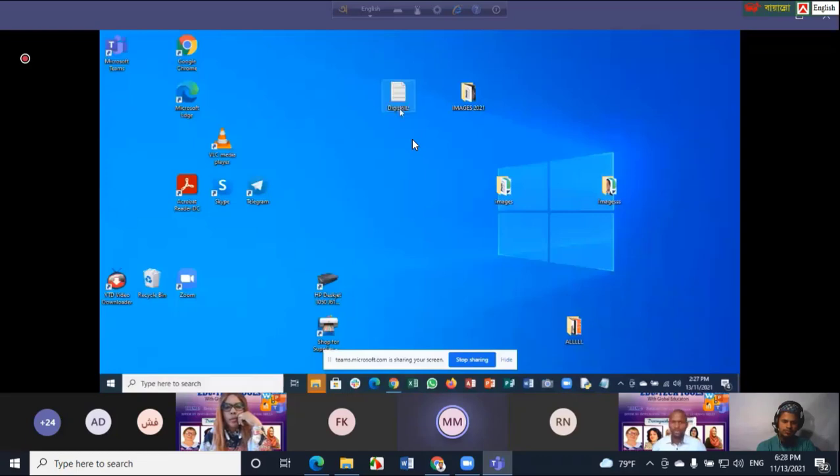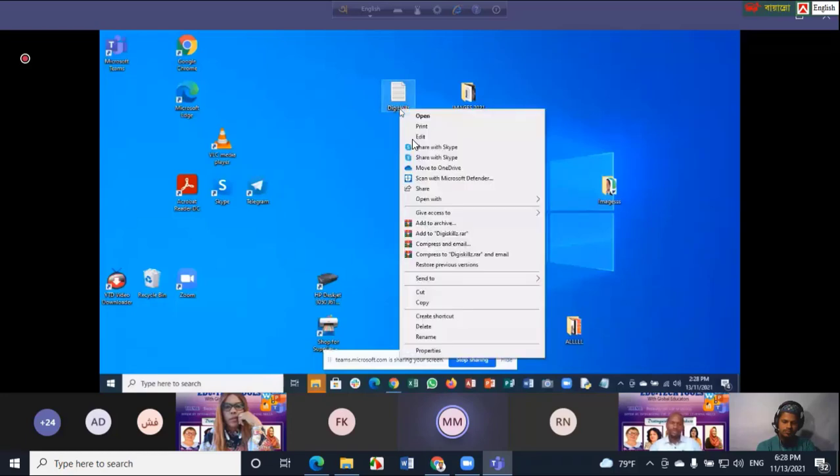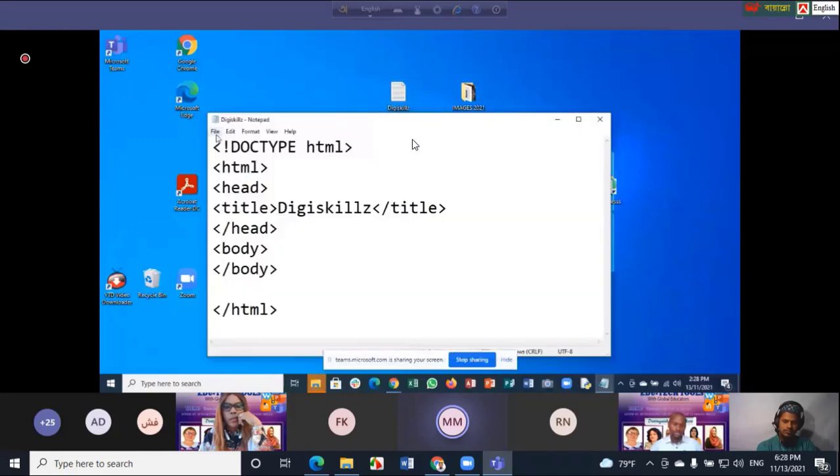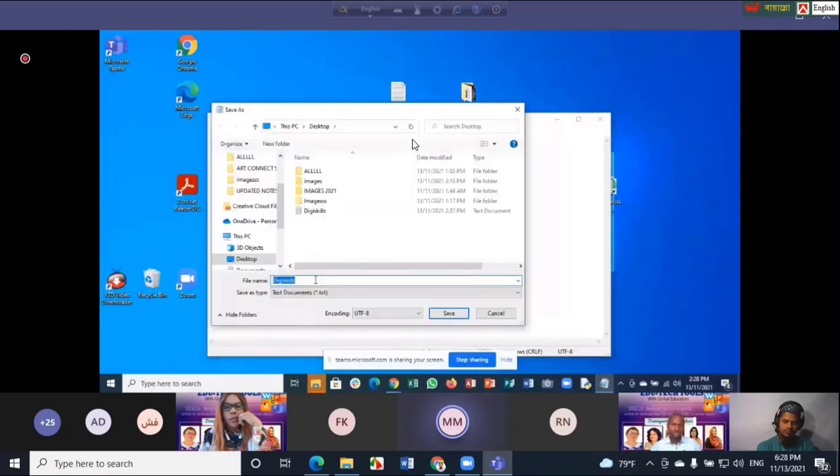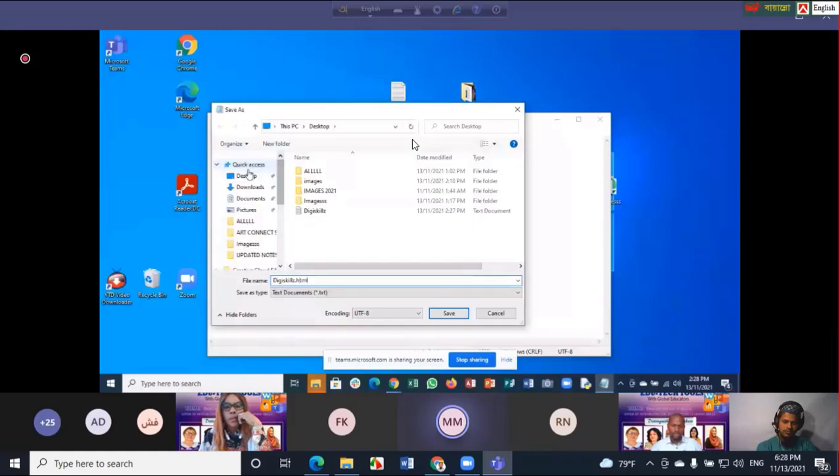Now, the way it is appearing, it means you haven't saved it properly, because I have to open it again, open Notepad, click File, remember, Save As. Now, if you look at that, you should not forget to put the extension .html. I want you to see how it will look on the desktop when I say save.